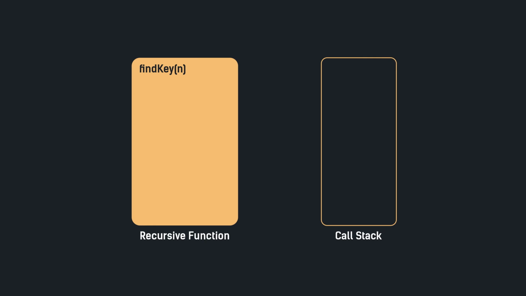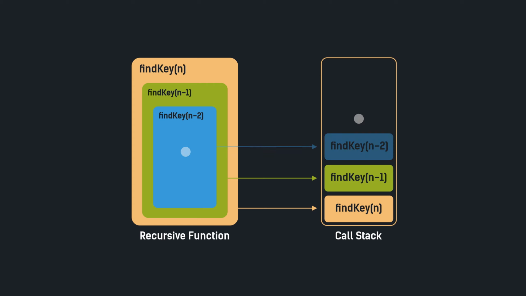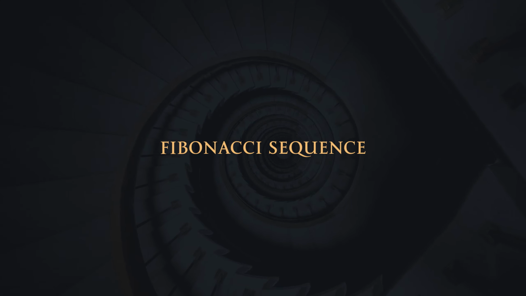Generally, whenever a function calls another function or itself, the caller function transfers execution control to the callee, which may involve some data to be passed from the caller to the callee. This implies that the caller function has to suspend its execution temporarily and resume later when the execution control returns from the callee. Let's take a look at the famous Fibonacci sequence problem, which we can solve using the recursion